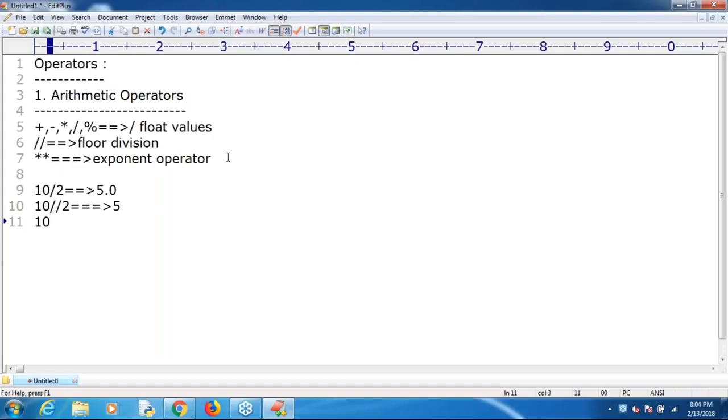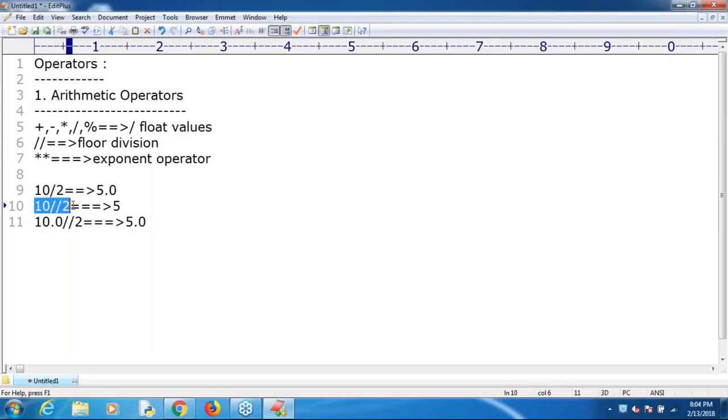Here I'm taking 10 by 2 again. What answer do we get by default? 5.0. Observe the difference. The division operator always provides a float value only. But floor division can provide either a float or an int value based on the arguments.